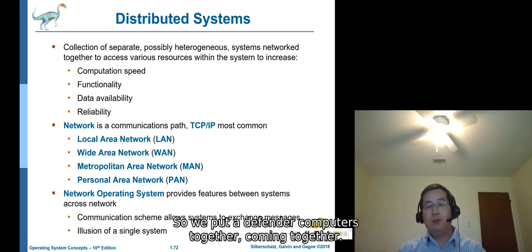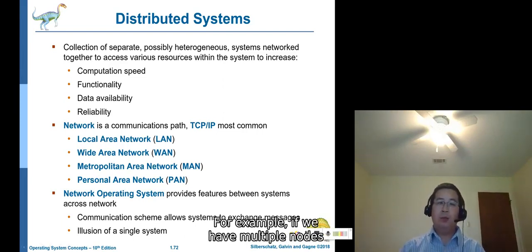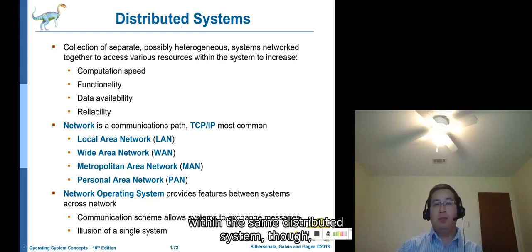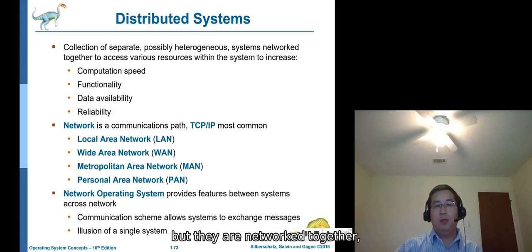We put different computers together because we want to use their resources as a whole. For example, if we have multiple nodes within the same distributed system, although they are in different locations, they are networked together and can communicate.